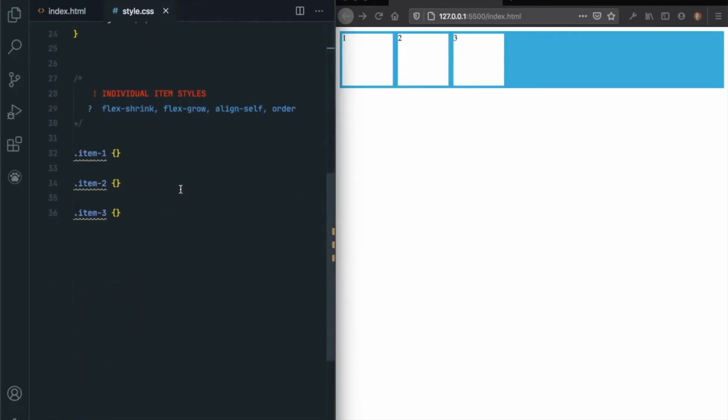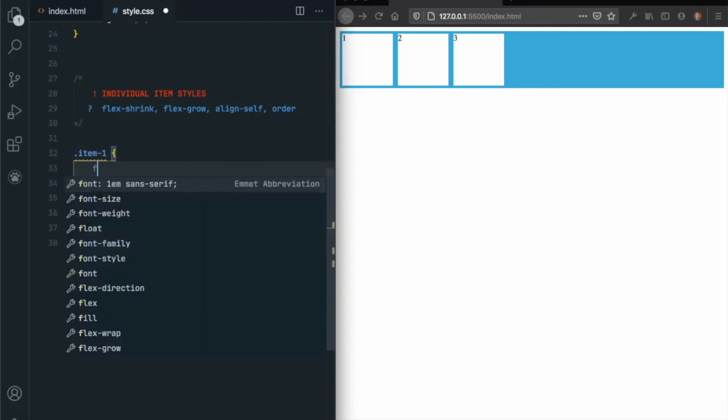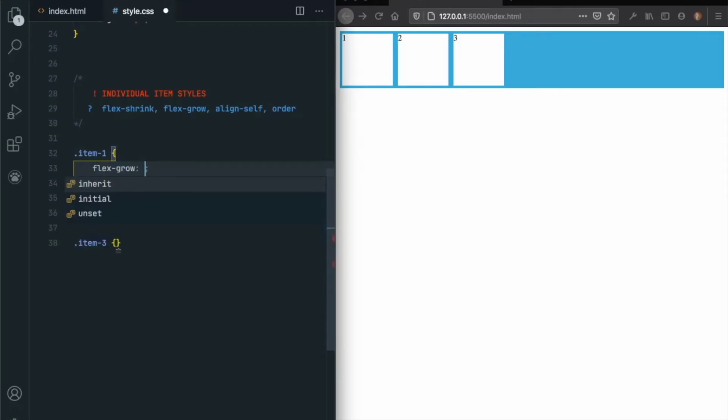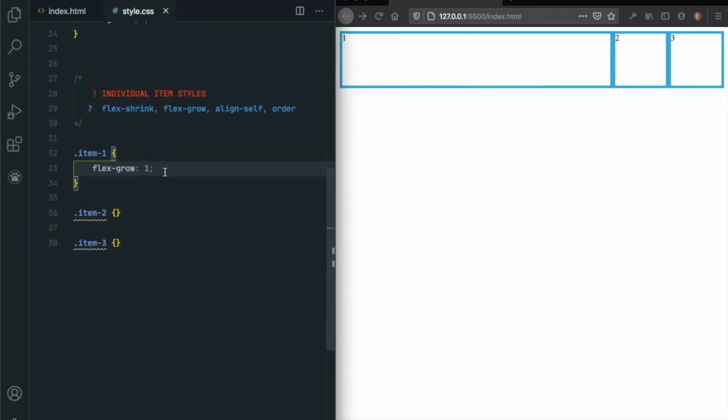Now let's move on to the individual item styles, or the individual properties which we can apply to each item inside a flex container. The first property which we are going to see is flex grow. This particular property will make the element take up the space as much as possible inside a container.